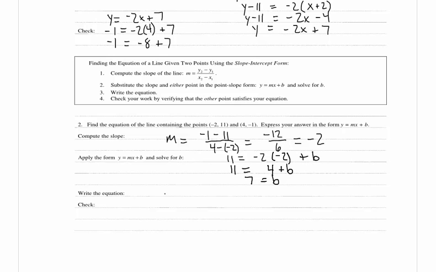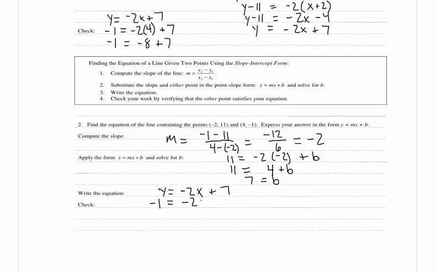And now they want us to write the equation. So we can say y is equal to m, which is -2, times x plus b, which we found to be 7. So we have y is equal to -2x plus 7. And now we want to check. So I'm going to plug (4, -1) into our equation and make sure both sides of the equation are equal. So we have -1 is equal to